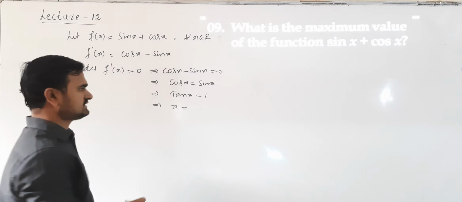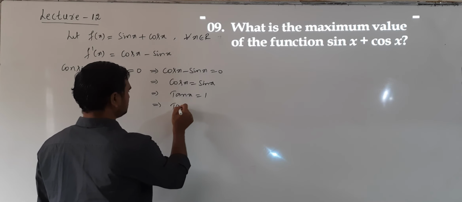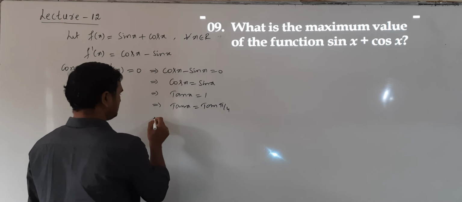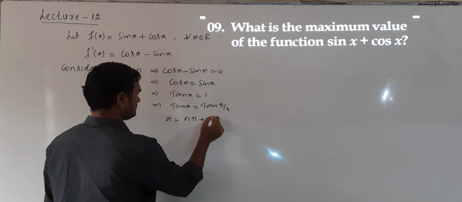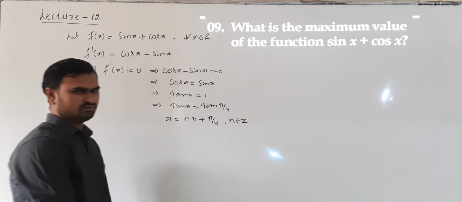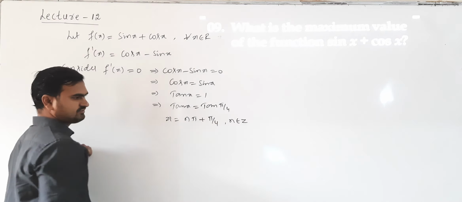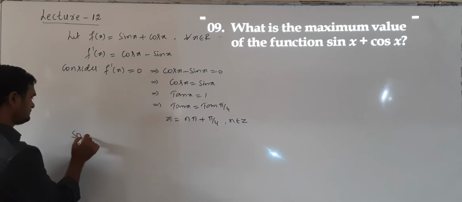Let us write the general solution. Tan x equal to 1 means we can write tan x equal to tan pi by 4. So the general solution is n pi plus alpha, where n belongs to Z. So x is n pi plus pi by 4, where n belongs to Z. So x can take values